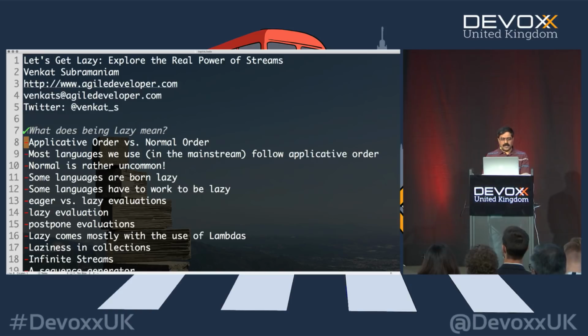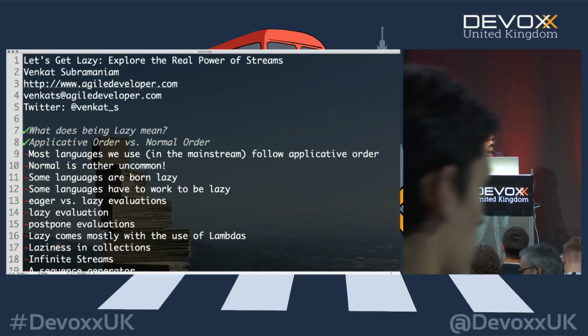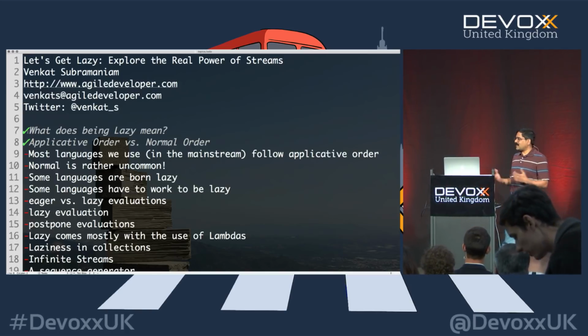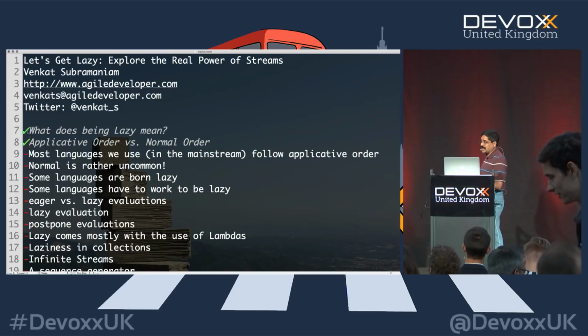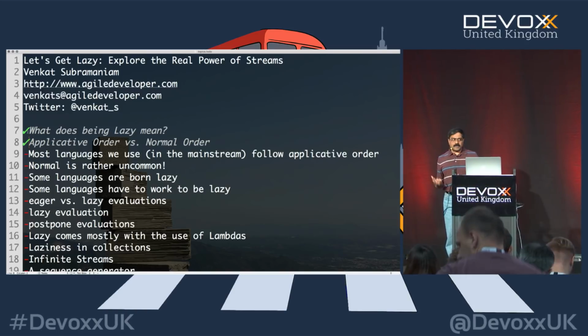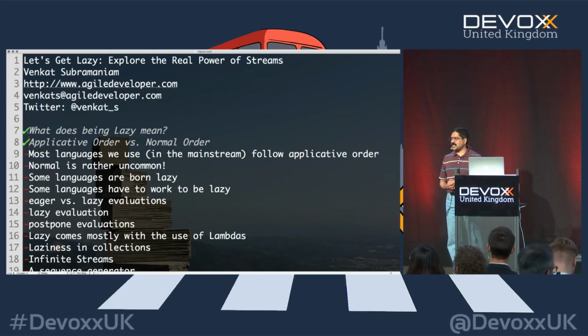I want to start with something that's pretty fundamental in computer science, but unfortunately we could program for a good 20, 30 years like I've done, and maybe never even experience these things, because the so-called mainstream languages we use predominantly sometimes don't support certain features. As a result, we don't get to experience certain things that are pretty wonderful in our field.